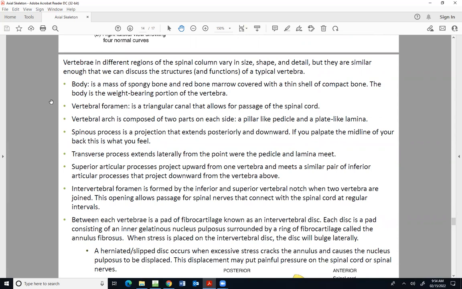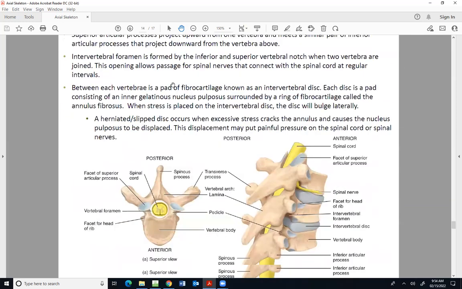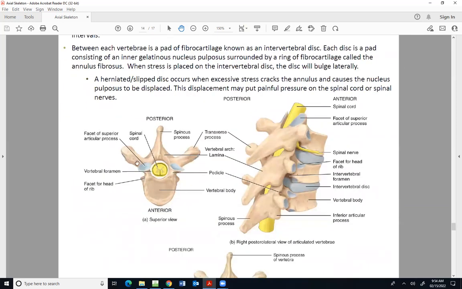Okay, there's no blanks on this page. Okay, so vertebrae in different regions of the spinal column vary in size, shape, and detail. We'll get to that and how they differ more on the next couple slides. Here we're going to talk about how they're similar. Okay, and we've got a couple different images. This is just a look at the top of one, so it's a superior view looking down on it. And then we've got three in a row, and we're looking kind of at a posterior lateral view